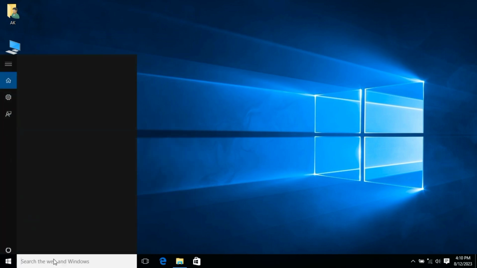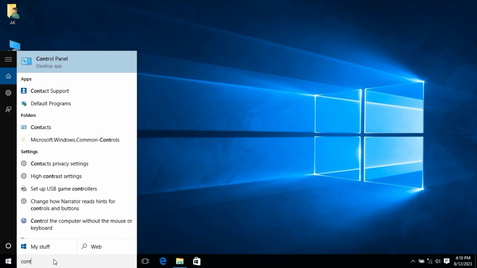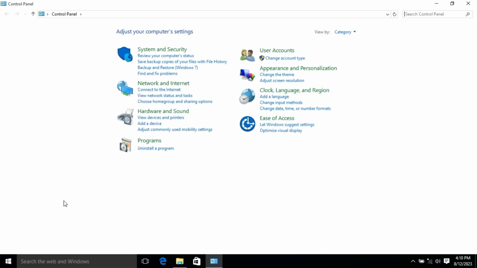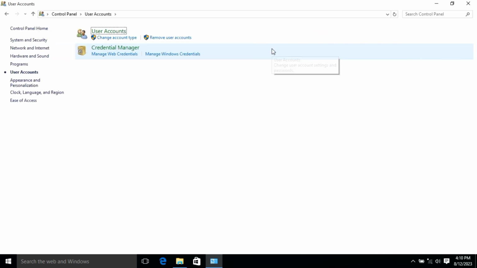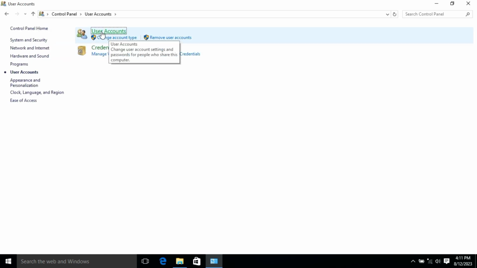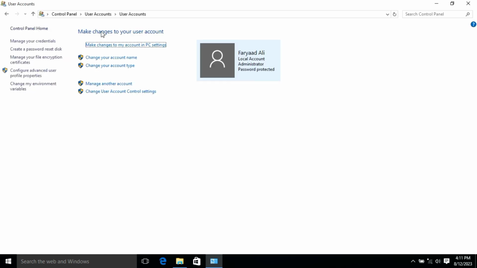First open control panel, then click on user account, and then again click on user account. Here you can see make changes to my account in PC setting. Click on it